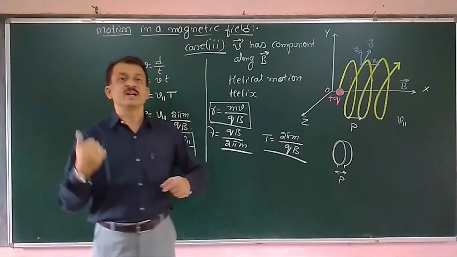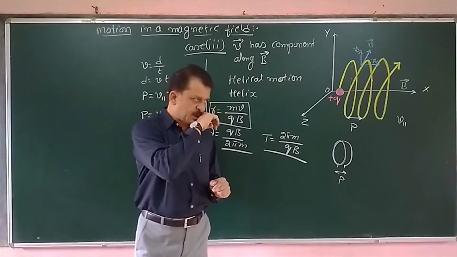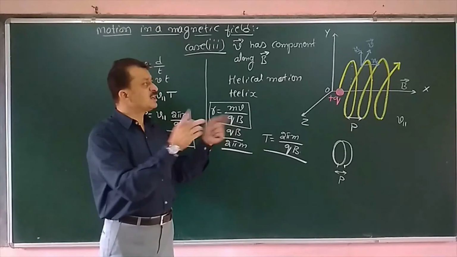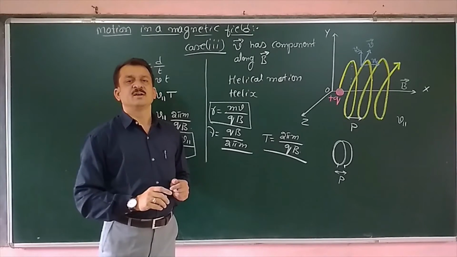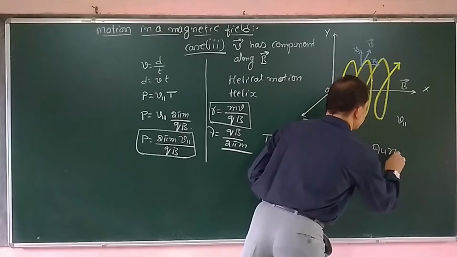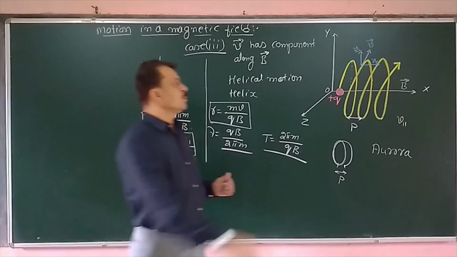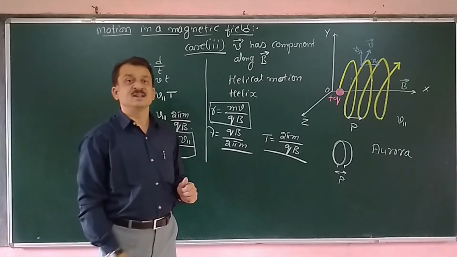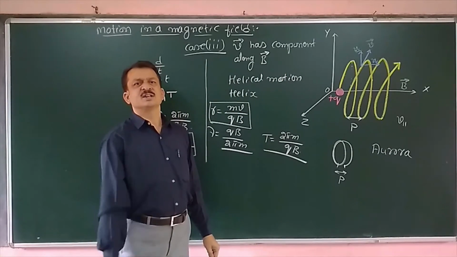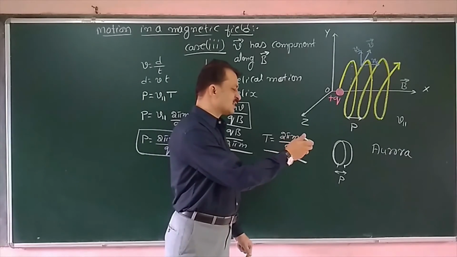Entry of the charged particles starts in the polar region. During that entry, there is an interaction between those charged particles and the atoms and molecules present in the atmosphere. That interaction produces a spectacular light, and that phenomenon we call aurora. In the northern region, in Alaska and Canada, it is seen. That is called Aurora Borealis. In the southern region near Australia it is seen. That aurora we call Aurora Australis.